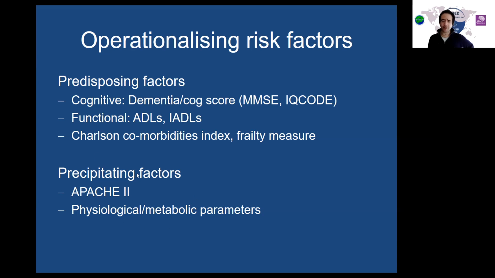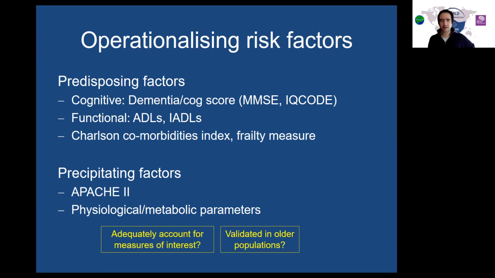And precipitating factors are very difficult as well. You've got physiological ones, how do you measure how acutely unwell someone is? We've got different scores and things. But, and this is really at the heart of the matter, although we have measures of them, do they actually adequately account for the measures of interest? And are they really validated in older populations? One thing that I'm still not really sure about is, for example,